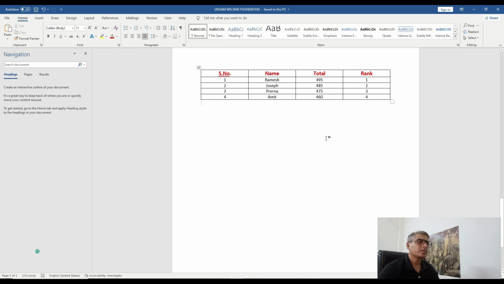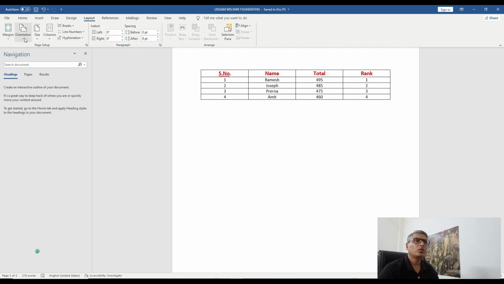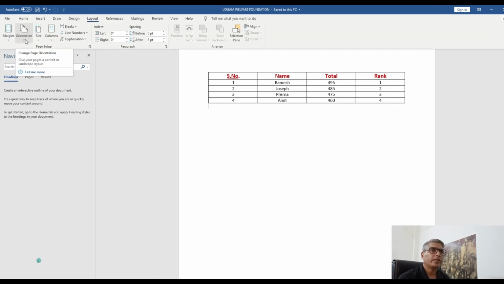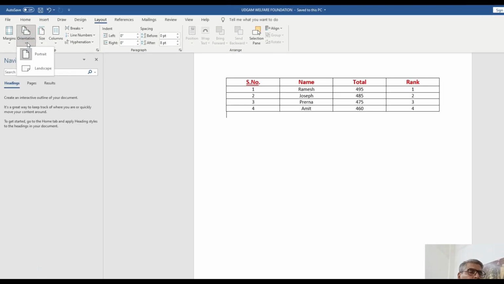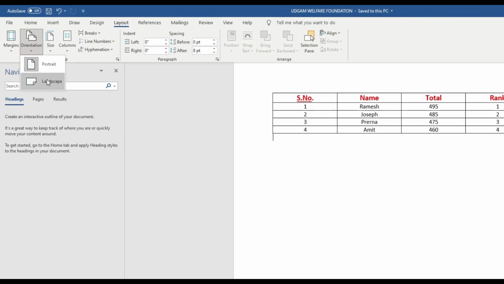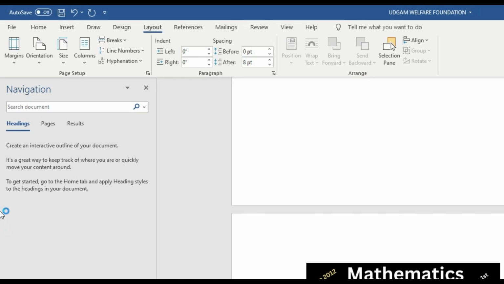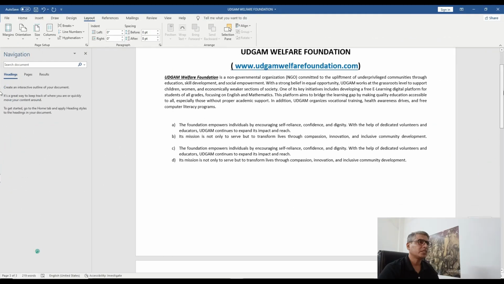Now let us understand how we can change the page layout here. So we have to go to the layout tab. Now click on orientation. When you click on orientation, it is going to show you 2 options. One is portrait, which is already there. Now let us say we have to convert it to the landscape. So let's click on the landscape, and now you can see that your entire page format has been changed to